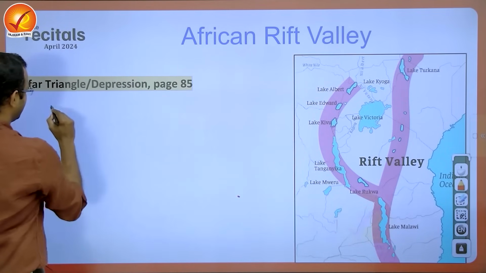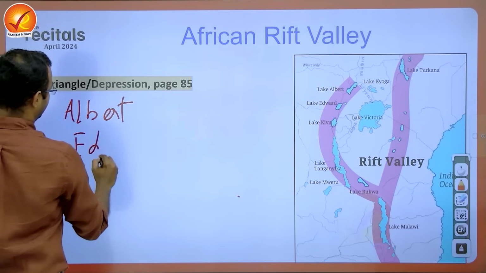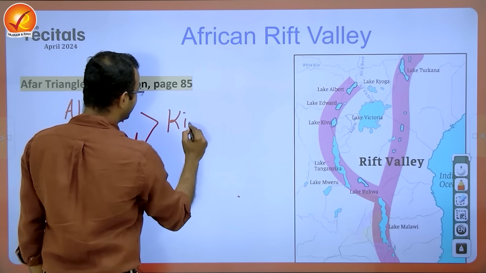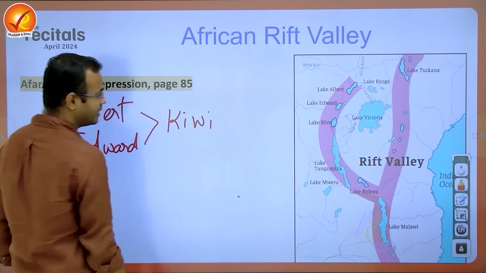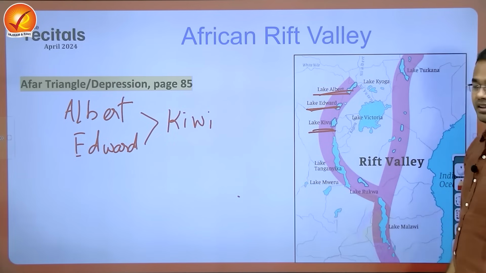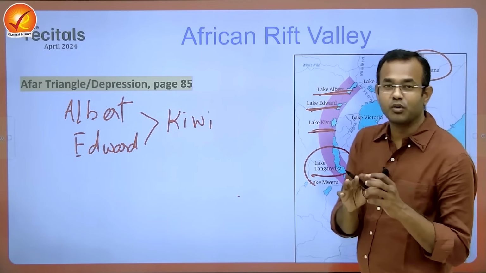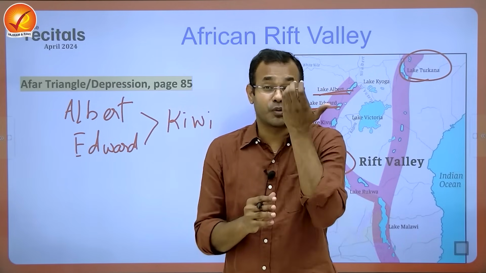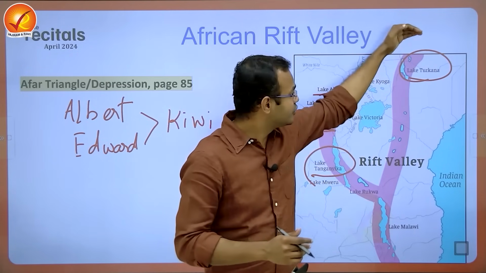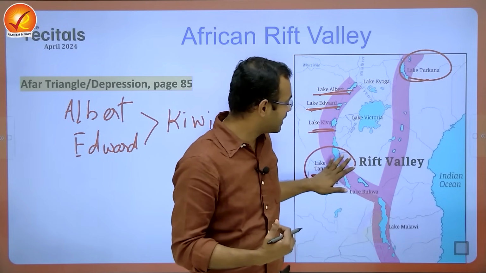So consider there are two siblings, Albert and Edward, who have been eating a fruit, kiwi. Here, Lake Albert, Lake Edward, and kiwi will become Lake Kivu. We do have two lakes, Lake Turkana and Lake Tanganyika, both starting with T. Another prominent lake, which is not a Rift Valley lake, is present above Lake Turkana. We call it Tana. So it will rhyme with one another: Tana, Turkana, Tanganyika. The Rift Valley lakes include Turkana and Tanganyika.